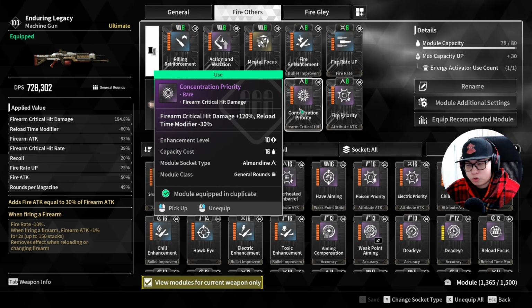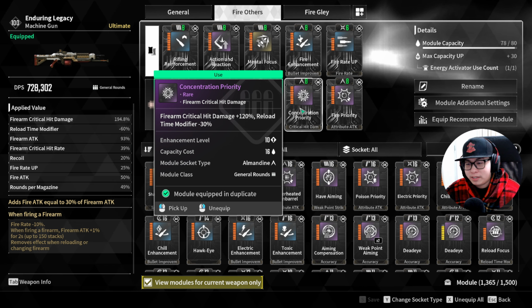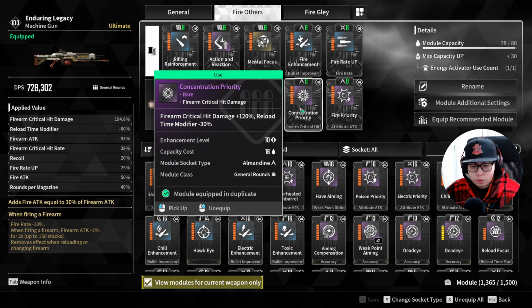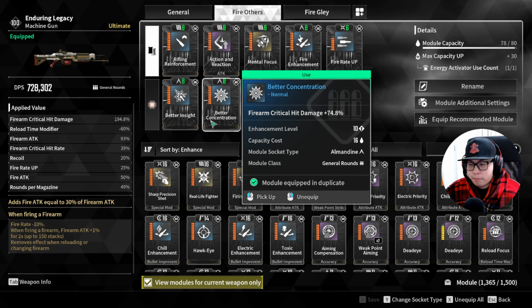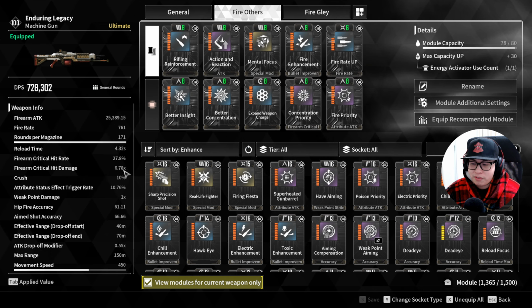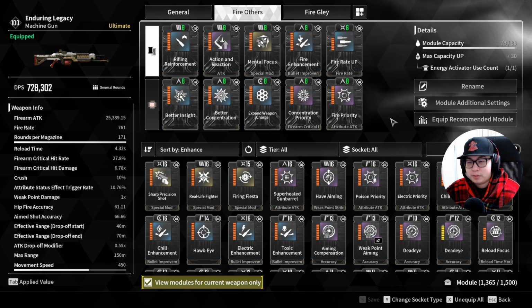That's also because of concentration priority. That adds another 120% firearm critical hit damage in exchange for 30% extra reload time. The reload on this is already slow, and you guys should know how to animation cancel. Don't worry, I'll show you guys all that. Okay, so concentration priority plus better concentration, your total multiplier is that every time you crit, you hit 6.78 times damage, which is a whopper. Okay, now,